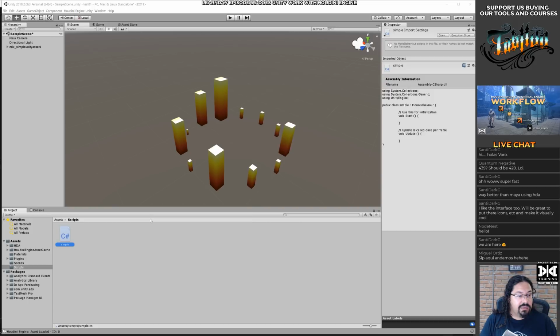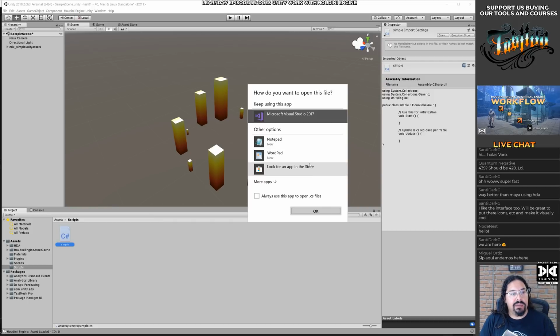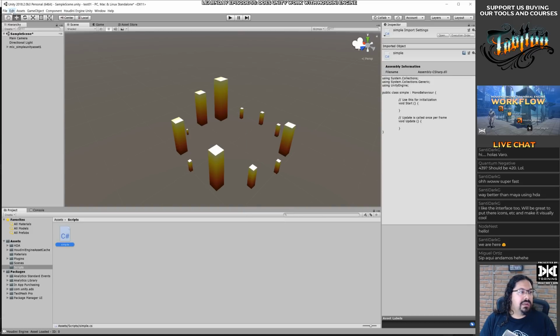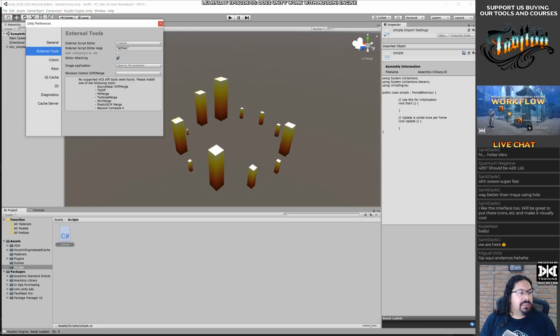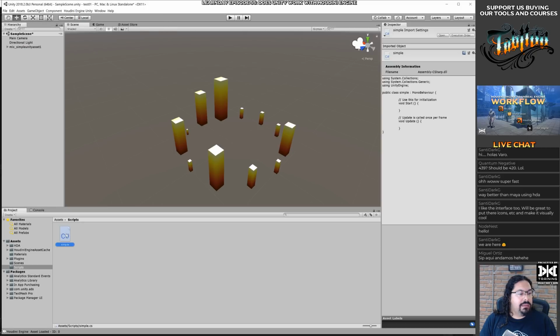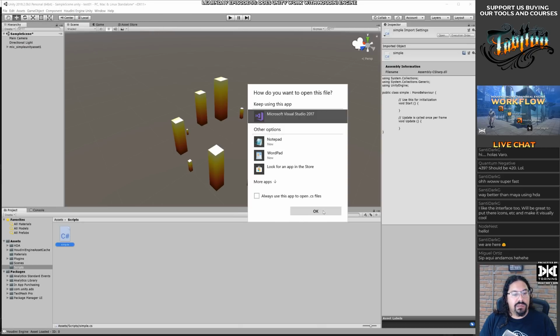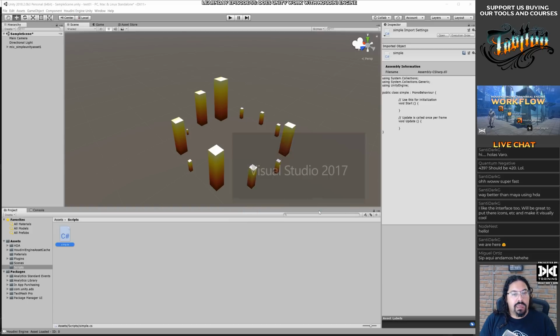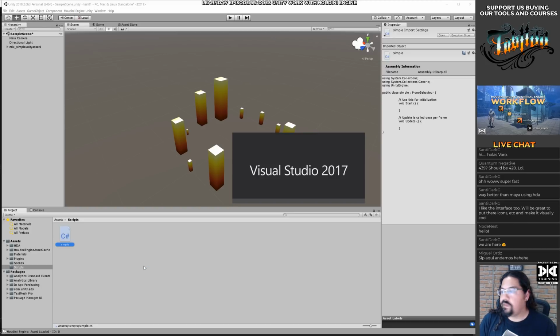Is it still that Mono thingy? No, now it uses Visual Studio. Okay. So it doesn't include the editor now, or what? Preferences, external editors. Says internal. Okay, but it wants to use Visual Studio now. I don't know. It's alright. I can use Visual Studio. It's a little bit too heavy for that, but okay.